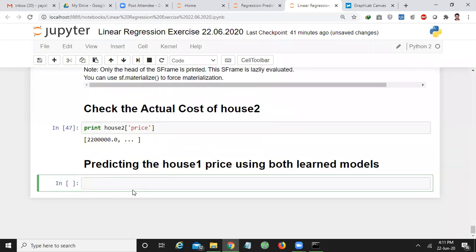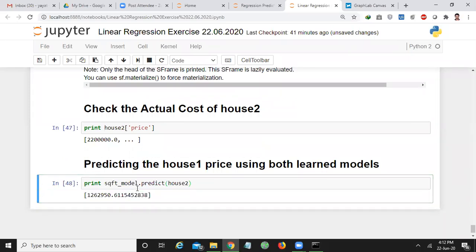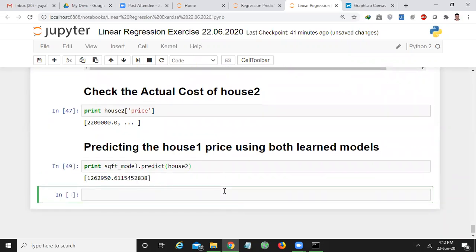SQFT underscore model dot predict of house 2. How much is it? 12,62,000. It is giving very low, about 10 lakhs less than the actual cost. So this model is not suitable for this house.